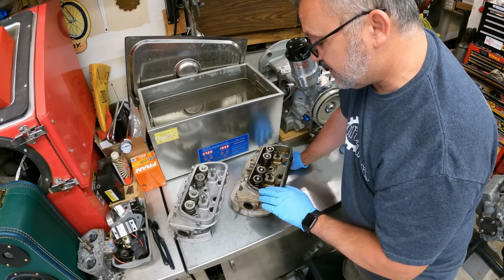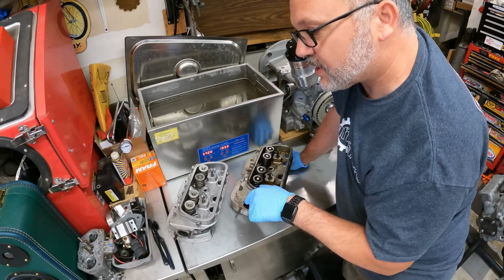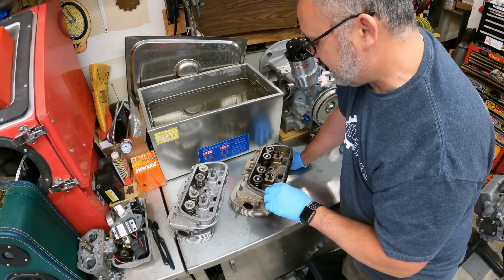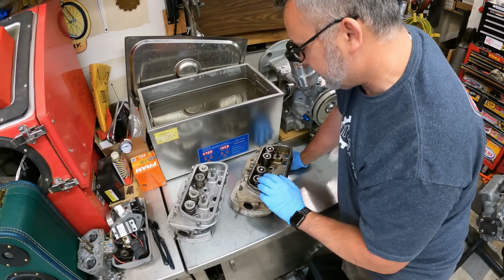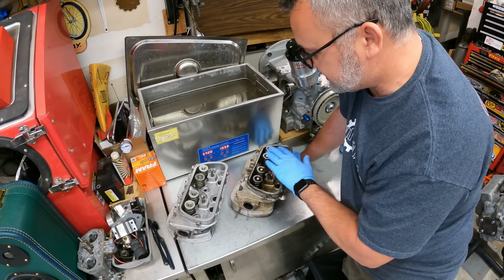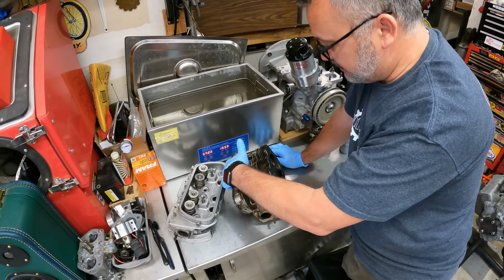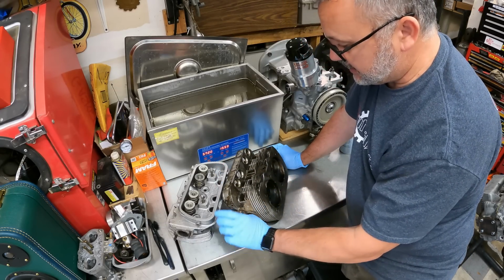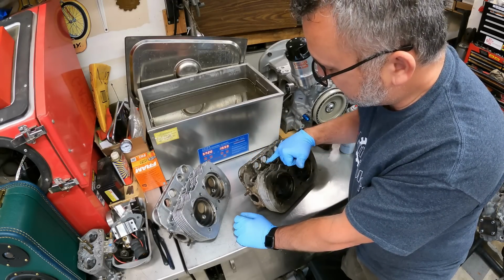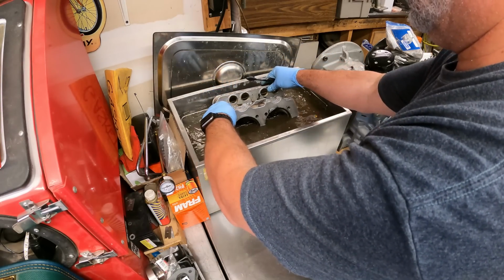The one thing that you can do, just like when you wash your dishes, clean your dishes before you put them in the dishwasher, instead of letting your dishwasher do all the work. There's some big stuff on here that I'll wash off in the parts washer just to give it a little help. That way it's less gunky and less dirty. And I've got the majority of any kind of grime or buildup left over on here. And then once I get this mildly a little bit cleaner, like just getting this junk off, I'll get that off in the parts washer, and then I'll throw it in the ultrasonic, which is exactly what I did to